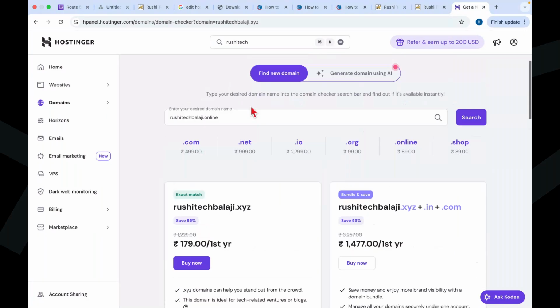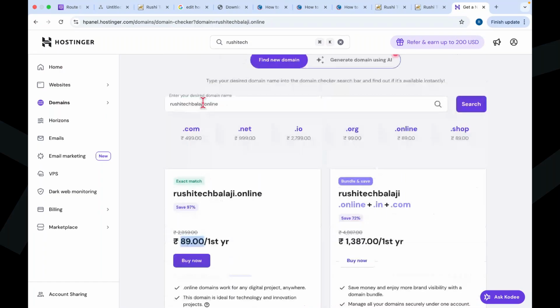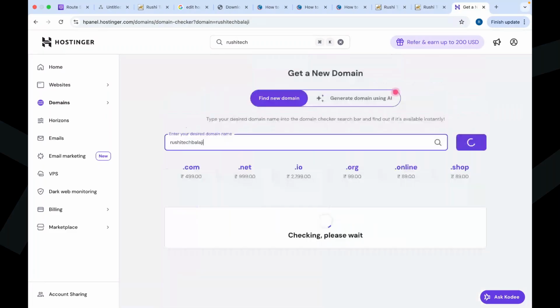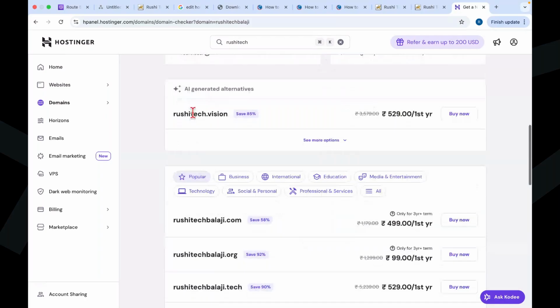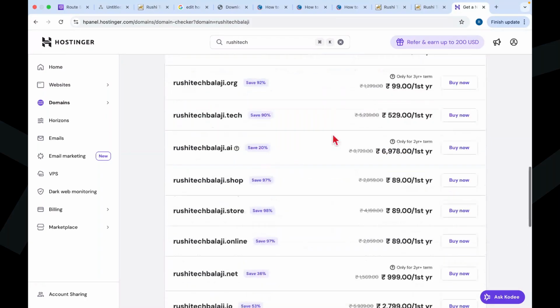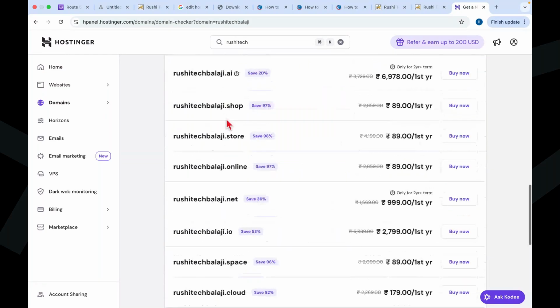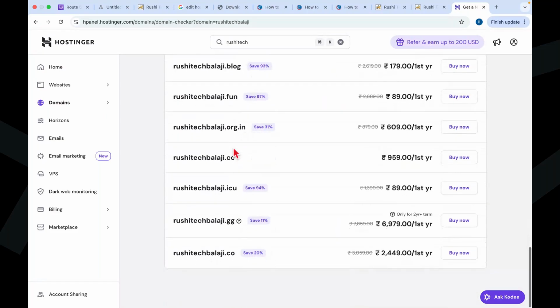Suppose if you just give this type, let's see how much price, 89 rupees. Dot online domain, like that, you can see dot shop, dot org. But these dot com, dot net, dot io type of domains are costly. Let's say I'm just giving like this, they're saying this much. And again you can see dot this much, dot ai this much, like this they're giving the price. Maybe dot xyz also they're charging